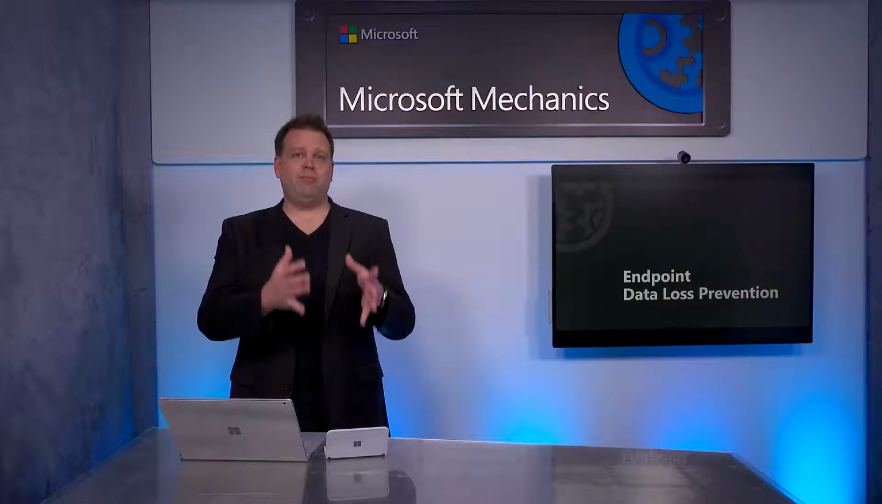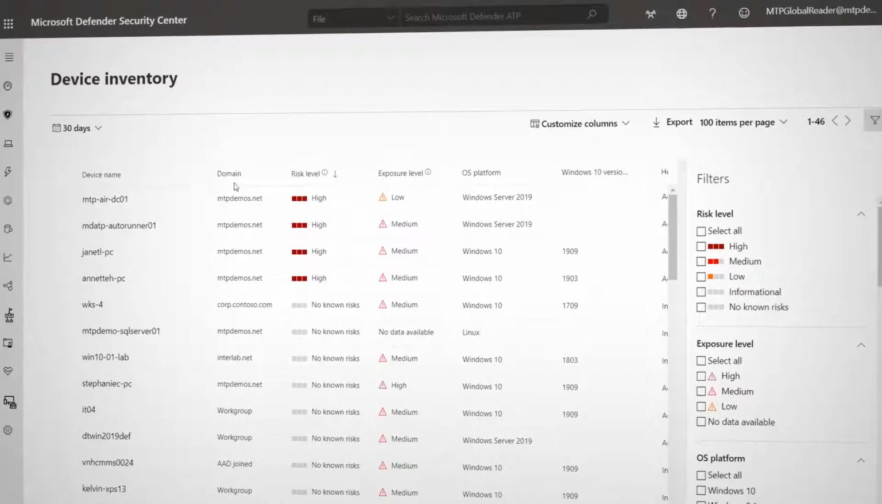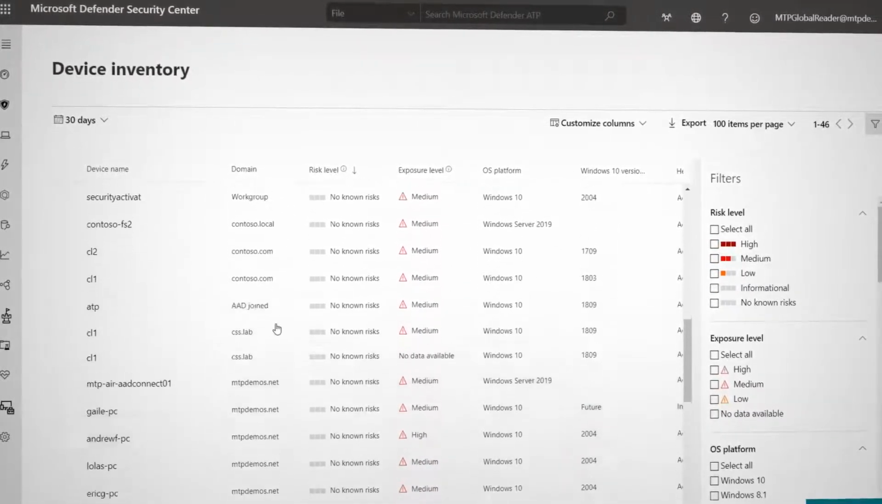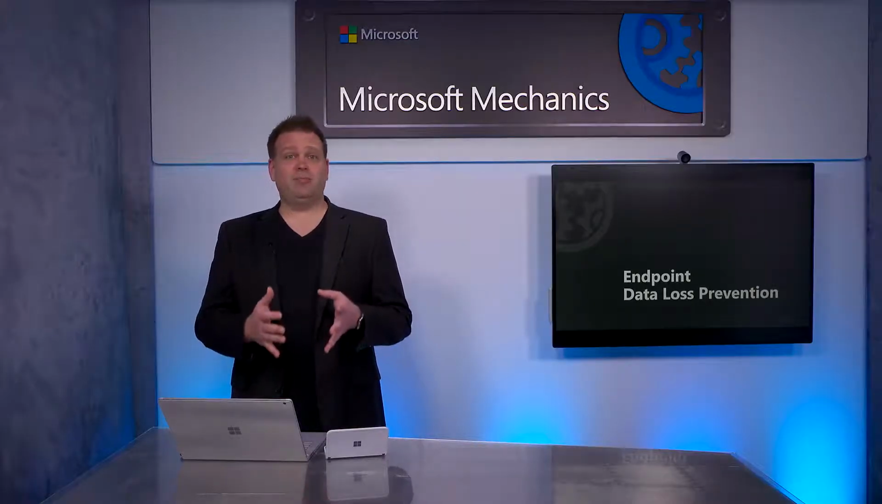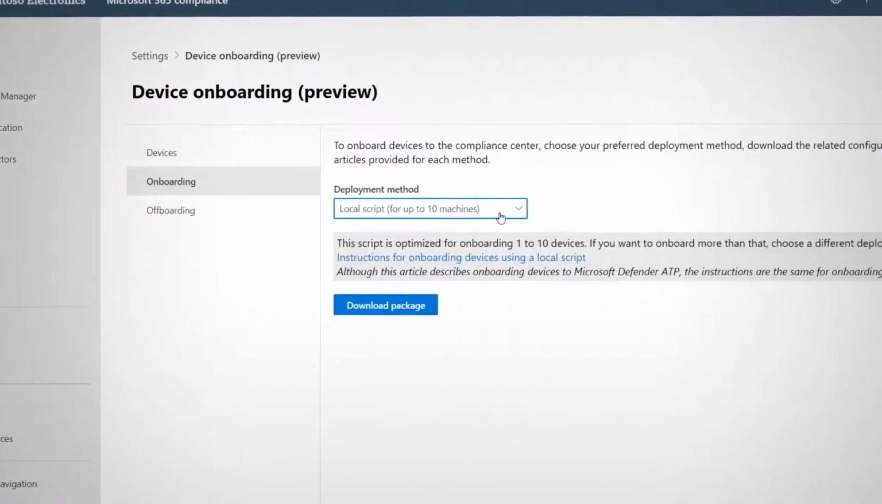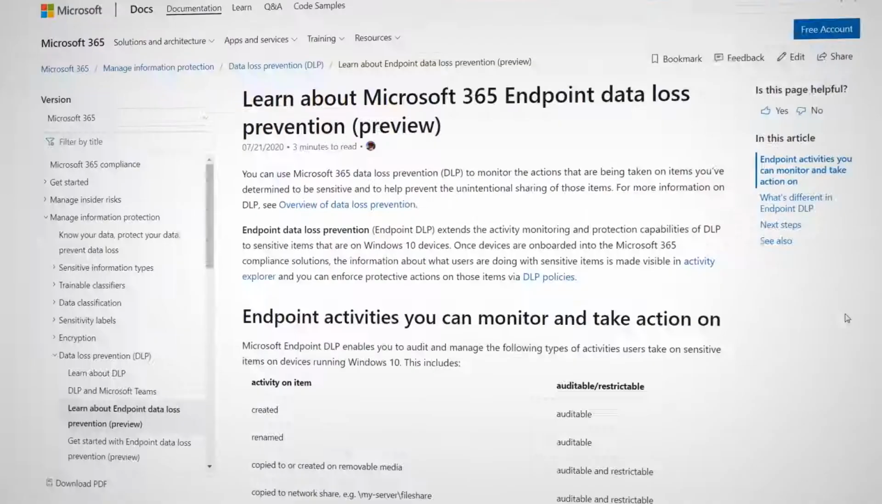So now let's take a closer look at the admin experience. We've made Endpoint DLP simple to deploy for your Windows 10 devices. Now, if you've already onboarded your devices to Microsoft 365 Defender, you're ready to go. Now, if you don't use Microsoft 365 Defender, your devices need to be joined to Azure AD or hybrid Azure AD. And we've made a script-based configuration package that you can deploy with your existing tools. And you can learn more about that at